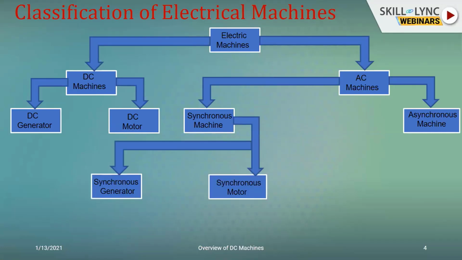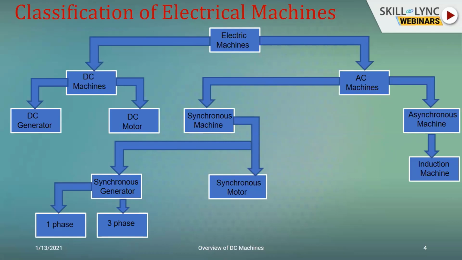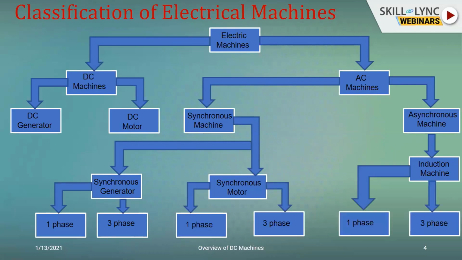Accordingly, the synchronous machine can be further subclassified as a generator or a motor. And an asynchronous machine is nothing but going to be your induction machine, that is nothing but the industrial workhorse. All the AC machines will have to be designed to work for single phase as well as for three phase. So the requirement for the phases depends upon the application. If it is for a heavy industrial application with greater power requirements and torque delivery, then we need to go for three-phase based designs.